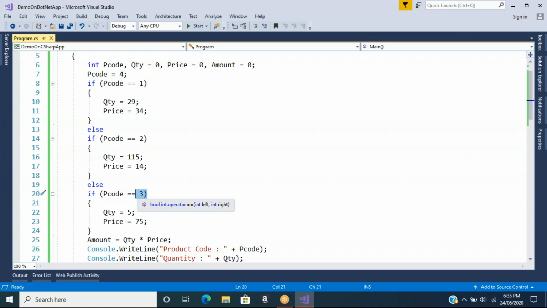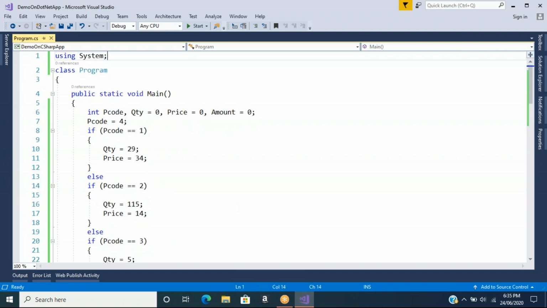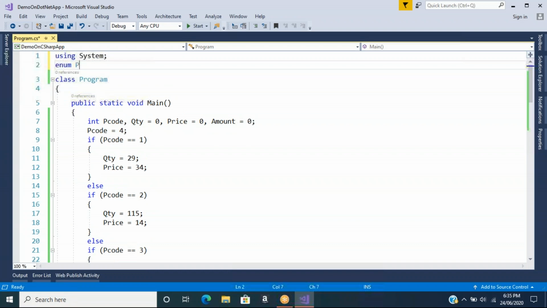Okay. So now the problem has been created. The problem is created since we don't remember what those 1, 2, 3 are representing. So we introduce enum in this example. How do you use enum? You go on top and put enum now. Enum product,